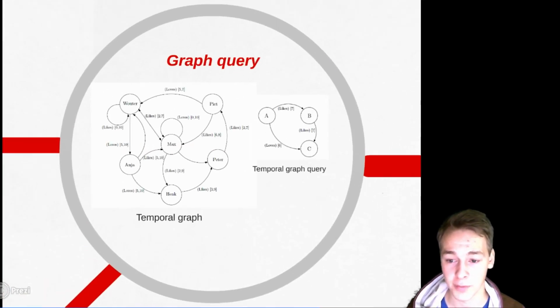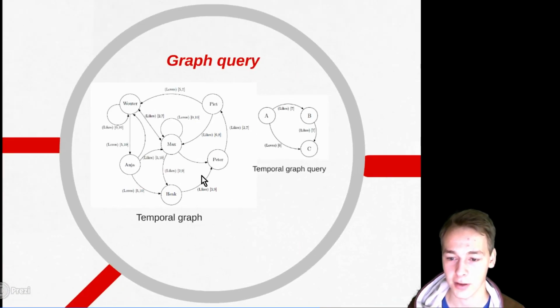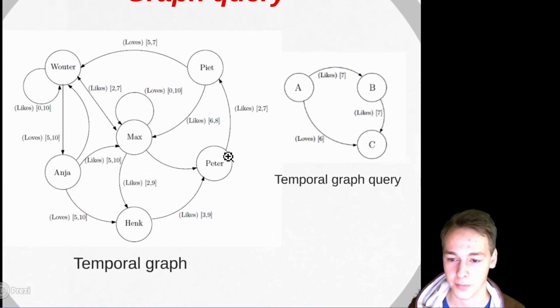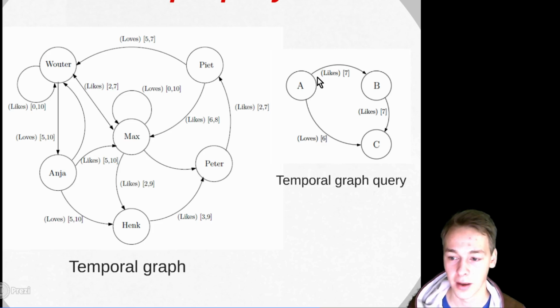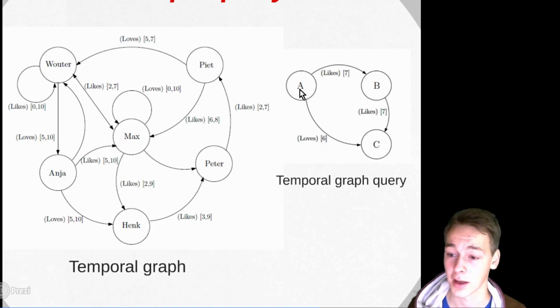A graph query. We have our graph here that we just saw, and we have an example graph query. These A, B, C are the variables, and we want to see if there are an A, B, C where A likes B in the time instance 7, where B likes C in the time instance 7, and where A loves C in the time instance 6. We can see that this has a couple of results. One of them is,